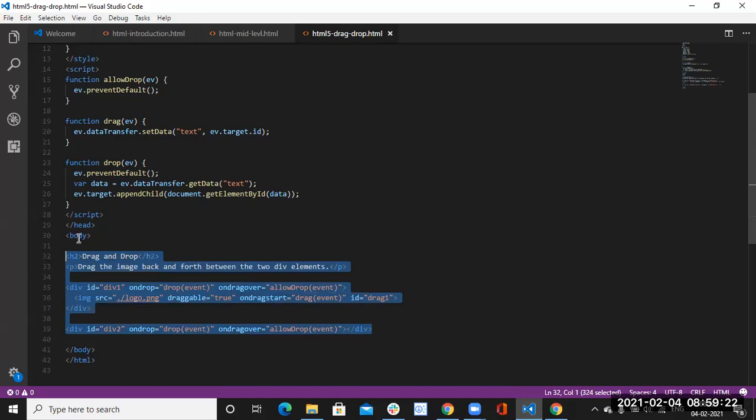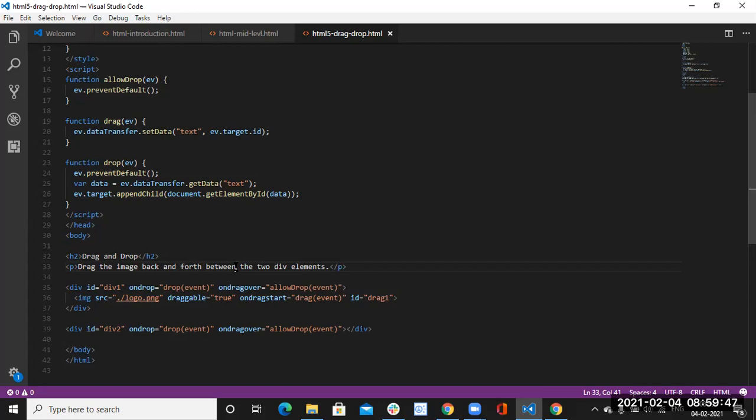First, in the body tag, I have created an h2 tag for the drag and drop heading. In the paragraph I'm explaining: drag the image back and forth between the two div elements so that we get the drag and drop functionality. We will see how it is working.